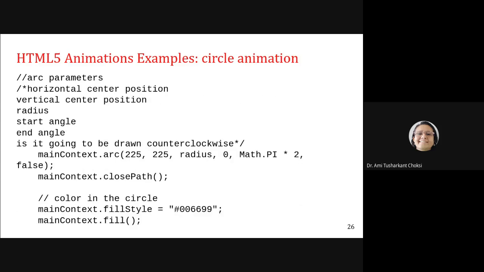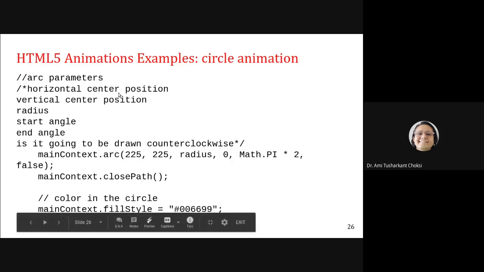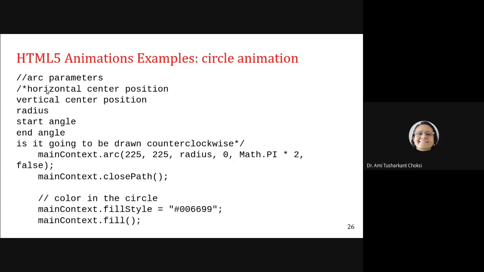Now, these are the arc parameters: horizontal center parameter, vertical center parameter, radius, start angle and end angle, right? Now, we are drawing the arc, that is we are drawing the circle, using 225, 225, that is x and y.